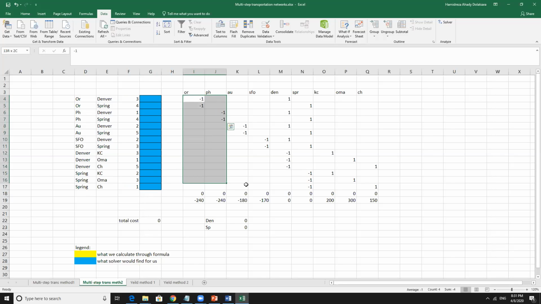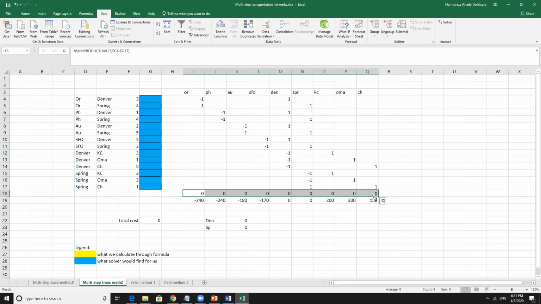So basically here we put the links that we have in our network. 1 means the link is associated to outflow, -1 means to inflow. And we ask Excel to find how much we send from each link. These are in the blue cells. And also we have supply cap and the demand. These zeros